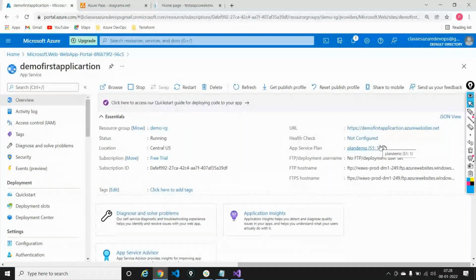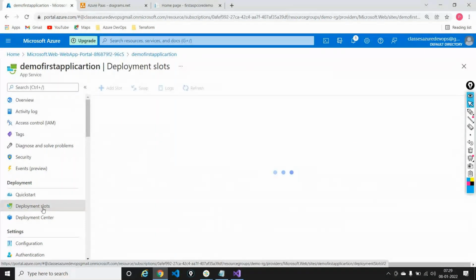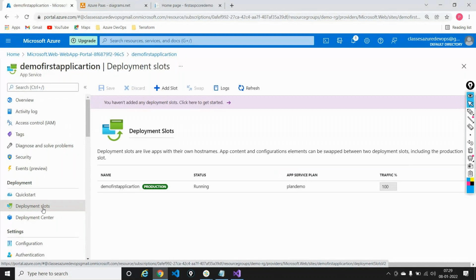Now I'll go into something known as deployment slots. As of now, I only have one slot called production, meaning whatever I'm deploying goes directly into the live application. So I don't want to do this.